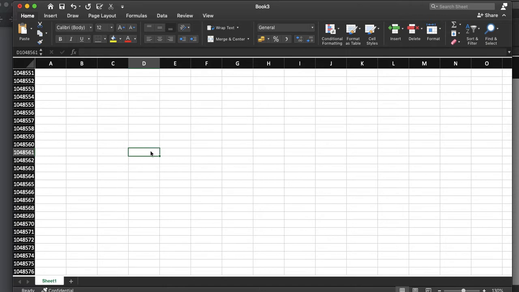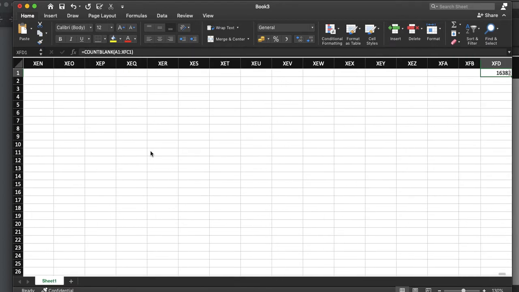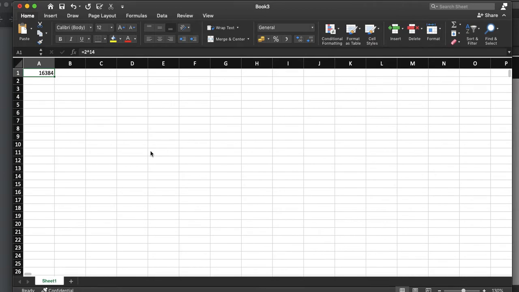Right, now you know how to navigate. Control up will go to the first row. Control left will go to the first column. Control right, last column. Control left, first column. Control down, last row. Control up, first row. Okay, you have navigations